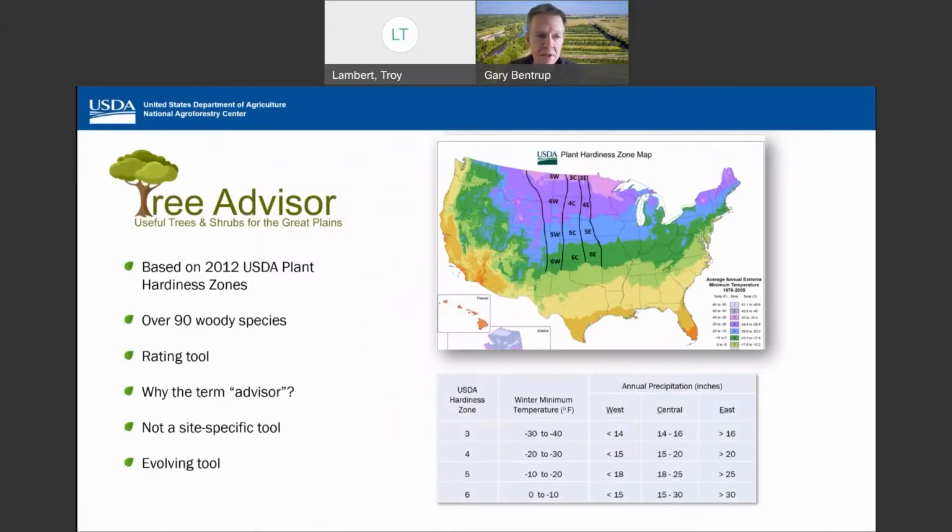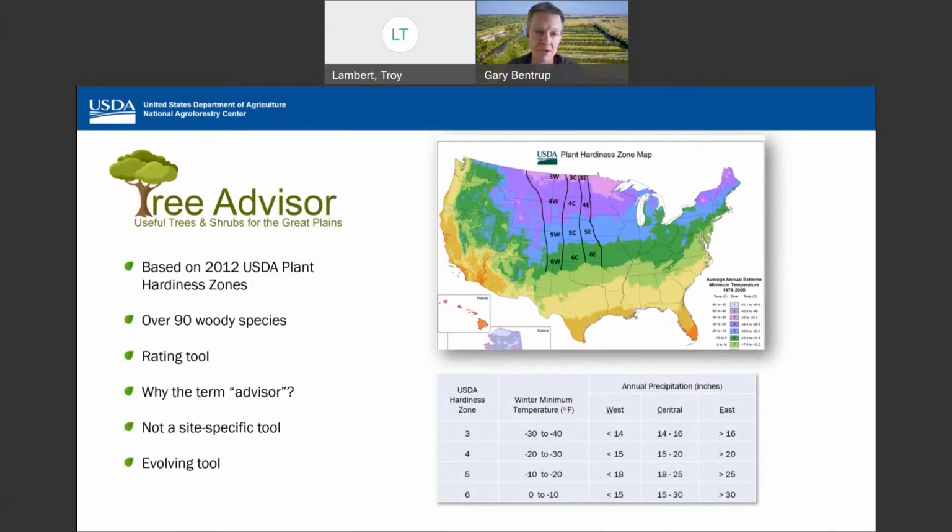First, it's based on the USDA plant hardiness zones, as you can see in this picture here. And what we did is we divided this hardiness zone east to west by precipitation zones, because precipitation also really dictates what species are going to grow in a particular area or subregion.